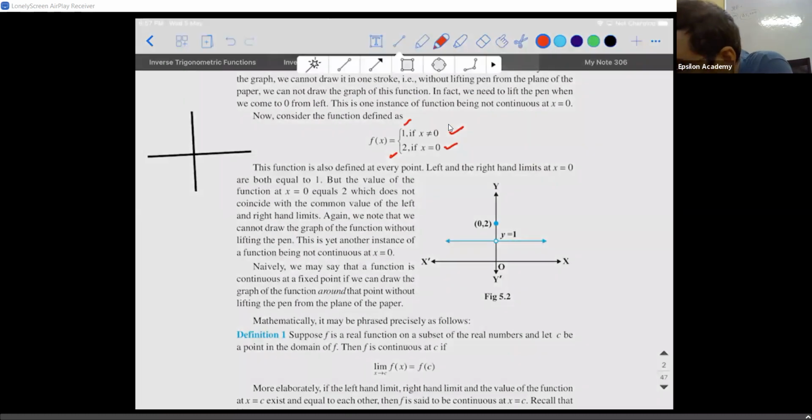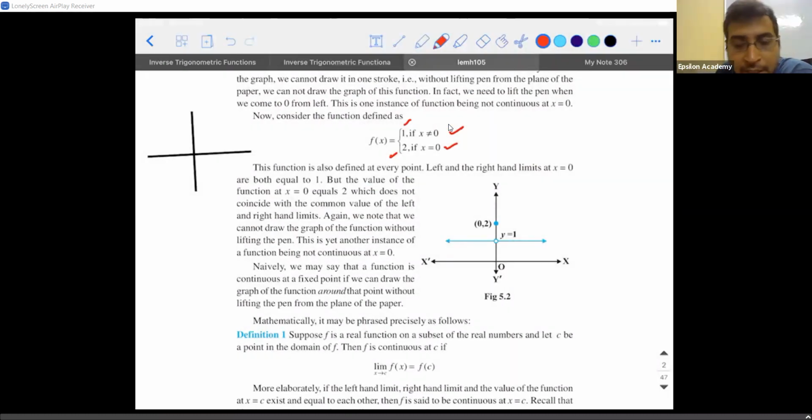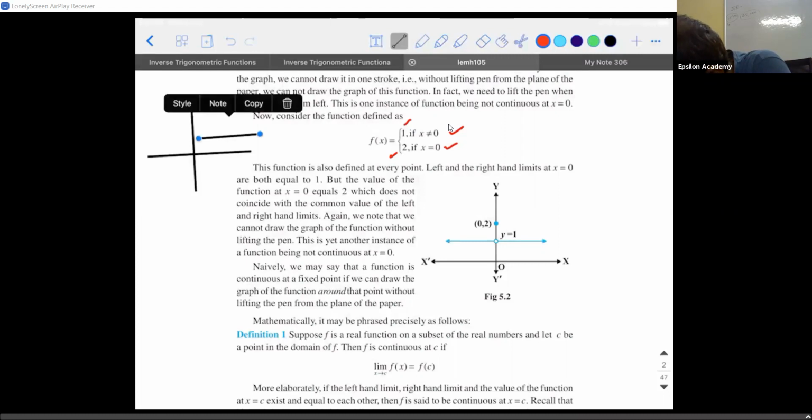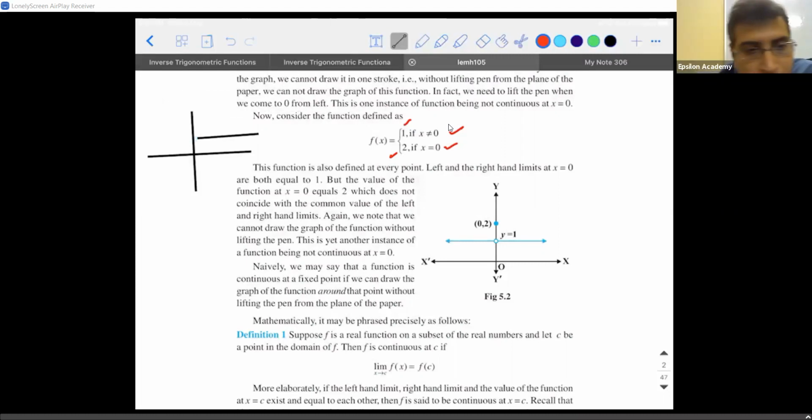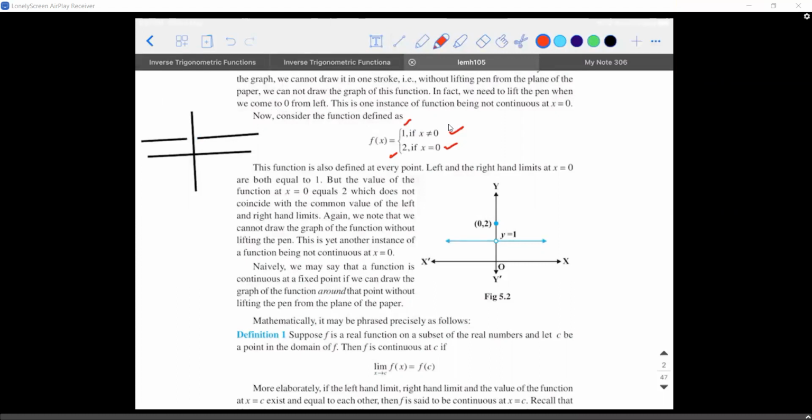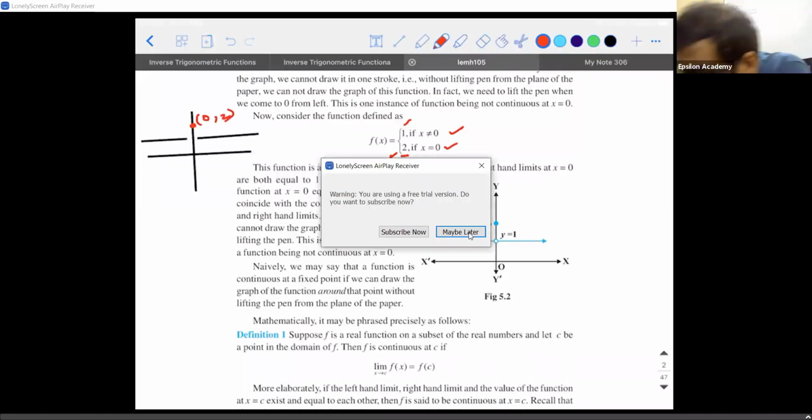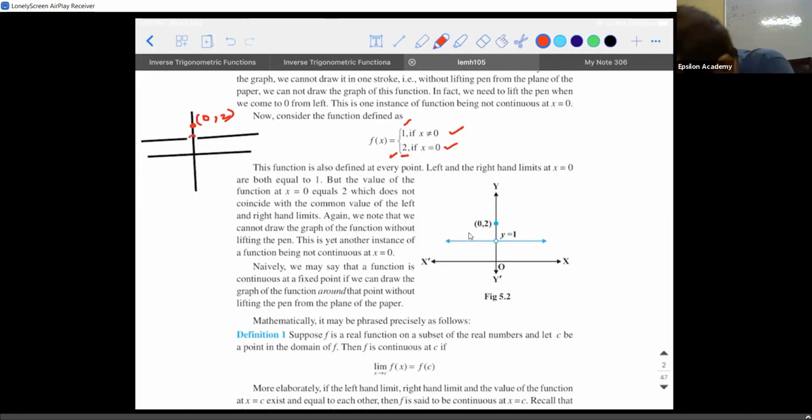So observe, no? I will draw a graph. Now, what is the meaning of x is not equal to 0? It means x can take a positive value or x can take a negative value also. Whether it is a positive value of x or a negative value of x, what is the function value? It is 1 and it is 1, right? At x equal to 0, what is happening? At x equal to 0, it is 2. It is (0, 2). So what is going to happen is that at x equal to 0, it is discontinuous.